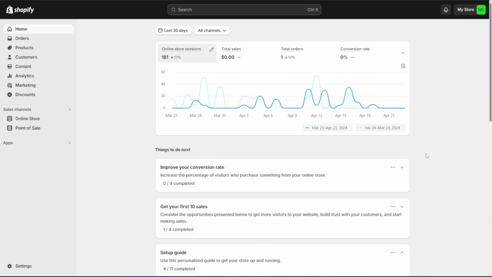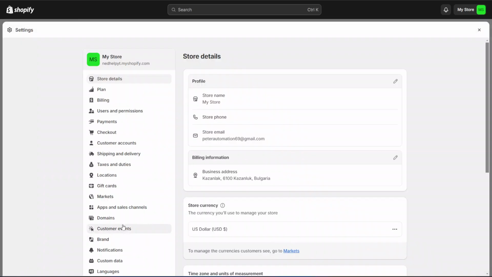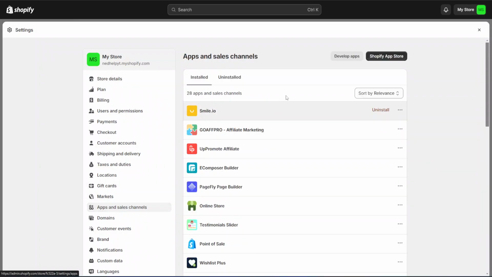How to add a loyalty program in Shopify. To do this, we have to go to the App Store first, and to do this, we have to go to the bottom left here to the settings, right next to the gear icon. And from here, I'm going to click on Apps and Sales Channels, and I'm going to click up here Shopify